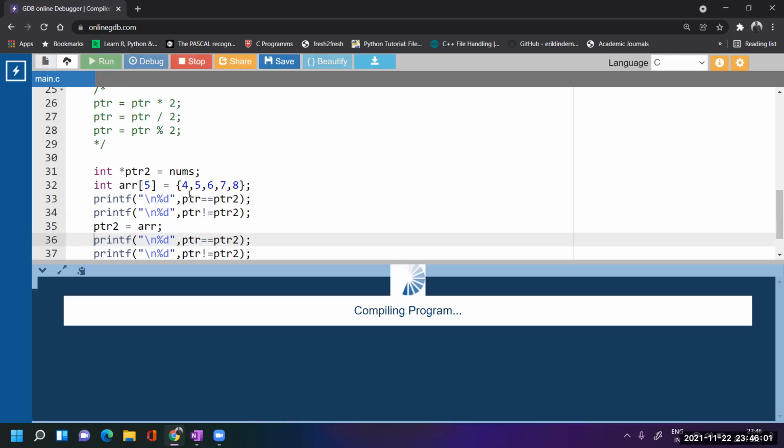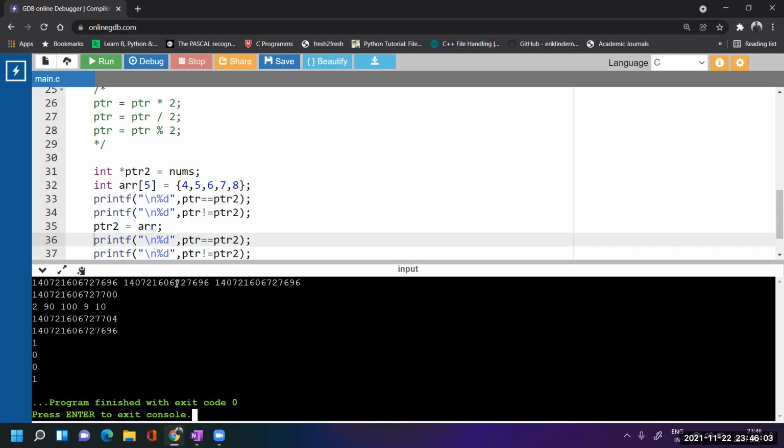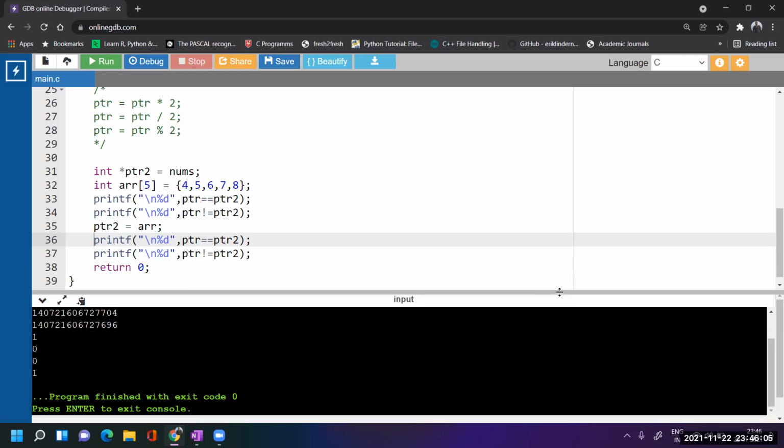Let us run. Yeah, see, although there is no meaning, we can also do that. ptr2 is pointing to the second array, and ptr is pointing to the first array that we have declared. So if we compare, definitely their addresses will be different. You can also check their values so that you can understand.